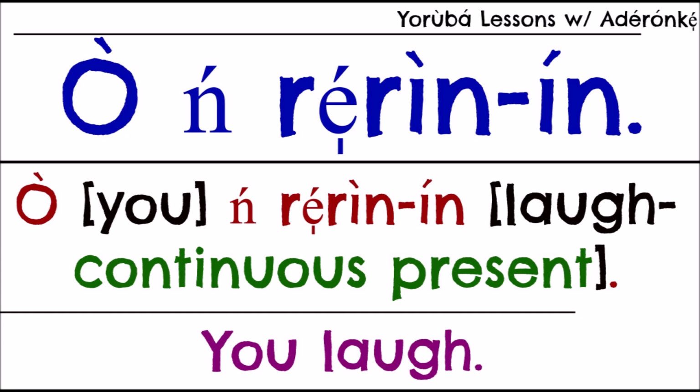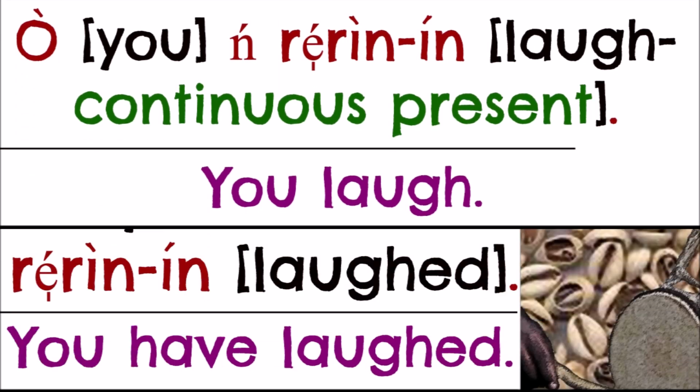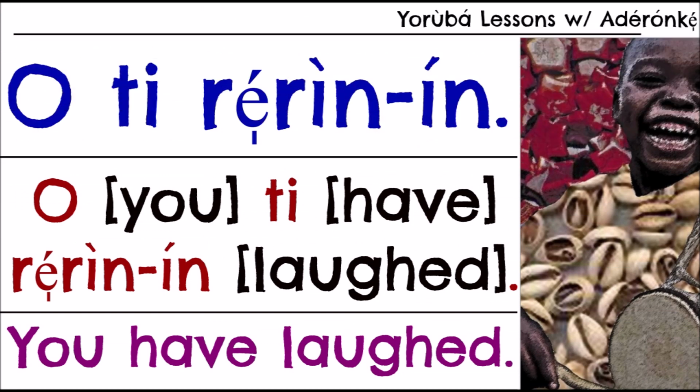Oreri, you laugh. Laughing is something that you're able to do. It gives a present or present continuous tense to a sentence. So oreri could be you are laughing, and it could be you laugh. Now, when you want to say you have laughed, or you had laughed, you would say